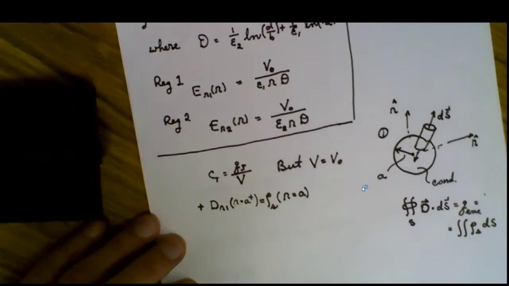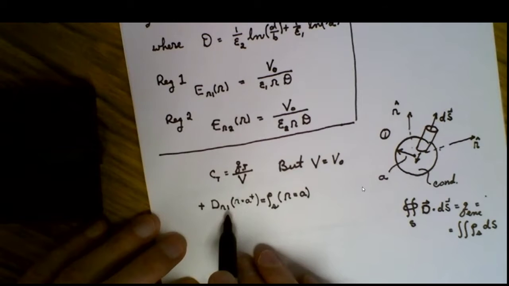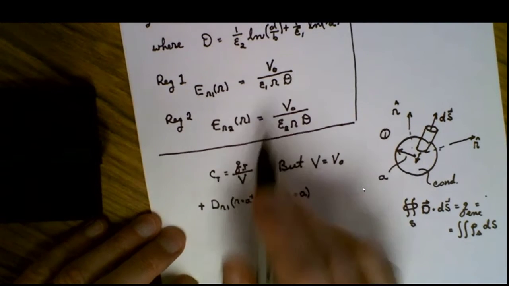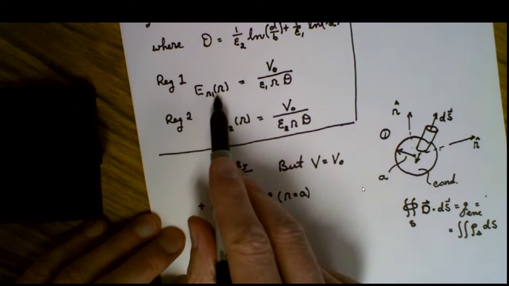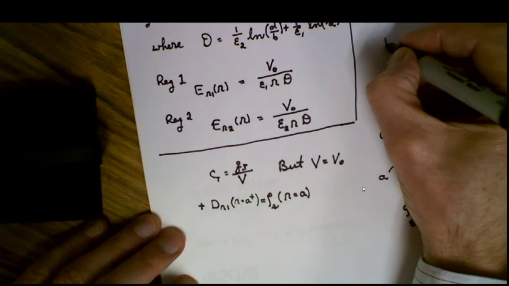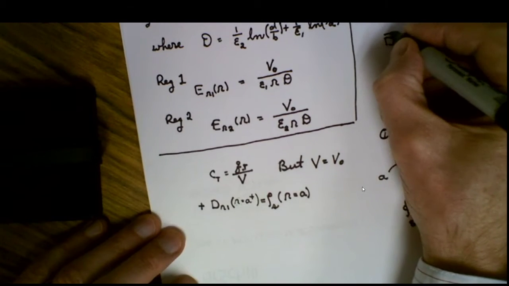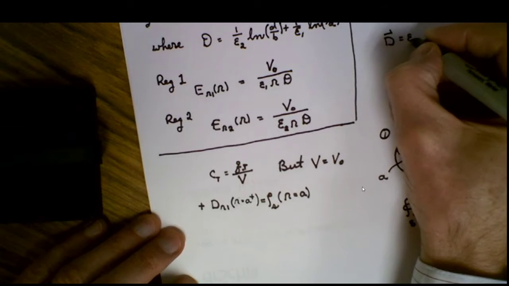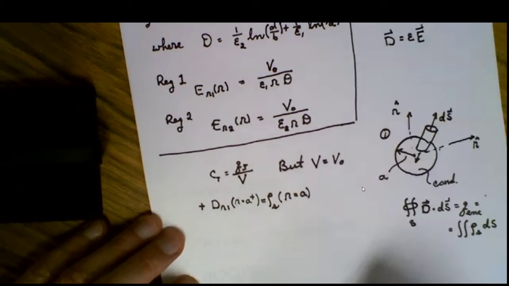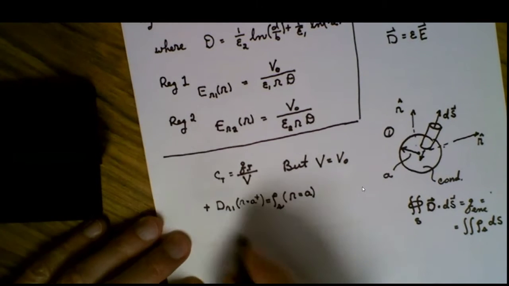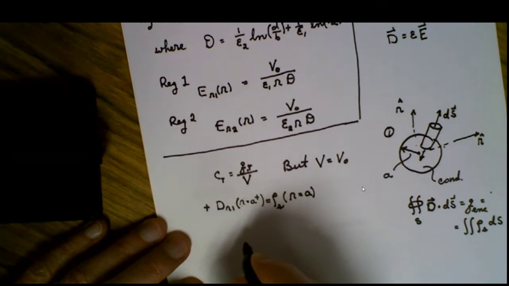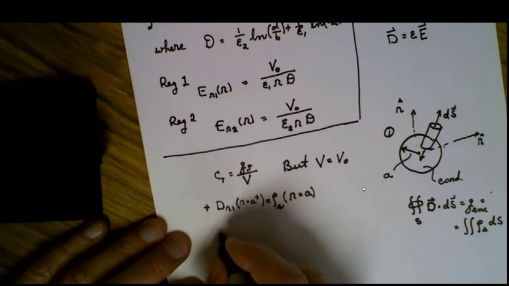Okay. So as long as we know what the electric flux density is, we can determine what the surface charge is. So we know what the electric field is, and we know that the electric field is connected to the electric flux density, and they're connected by the constitutive relation. D is equal to the permittivity of our medium times the electric field. As a result, we can then state that the surface charge